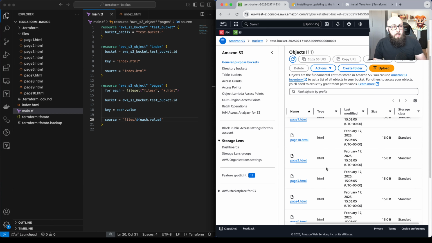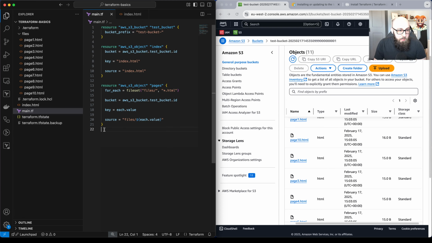Okay, so you can see how if you had some files that you wanted to upload to S3, you could use 21 lines of Terraform to upload those files. Now there's just one more thing that I want to mention about managing files through Terraform, which is that it doesn't behave quite as you expect, and I'll explain why when you change a file. So if I were to go into